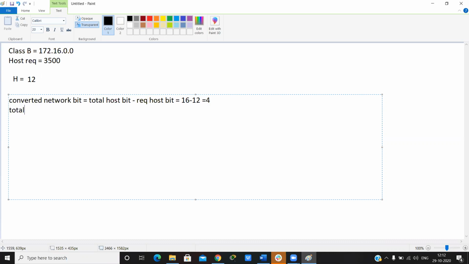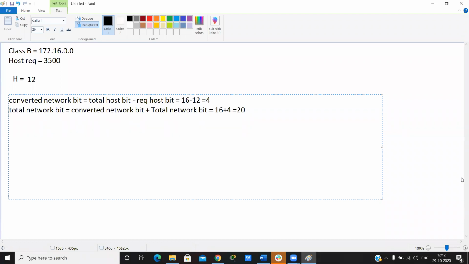Now total converted network weight plus total network weight: 16 plus 4 is equal to 20.